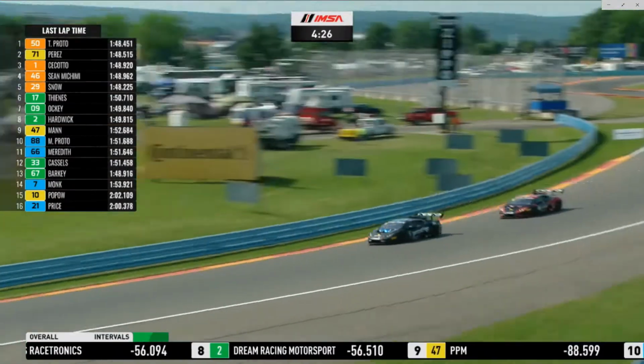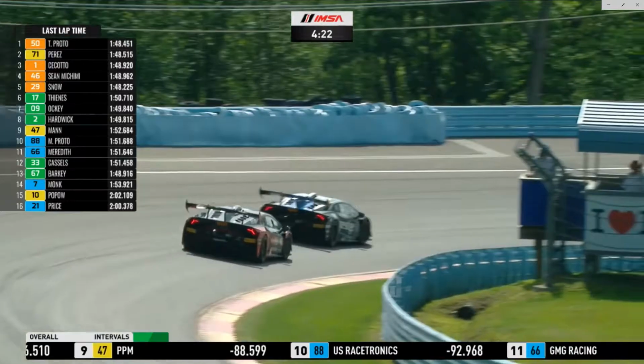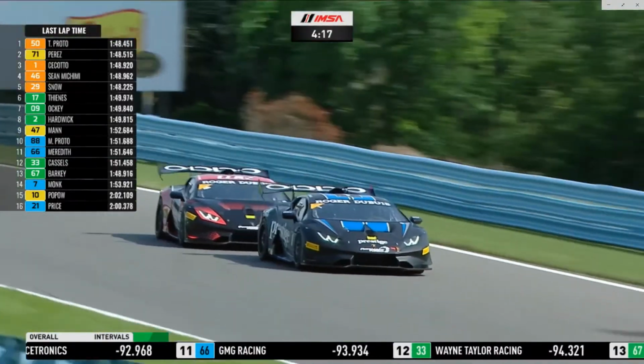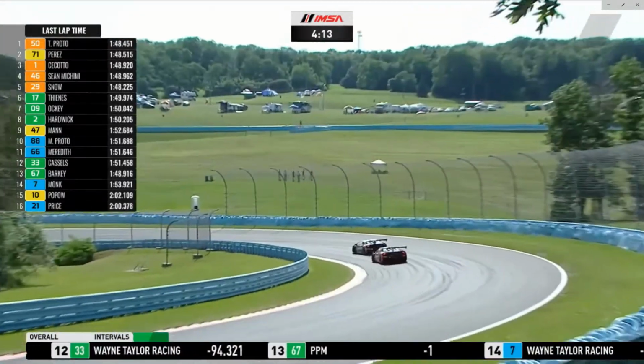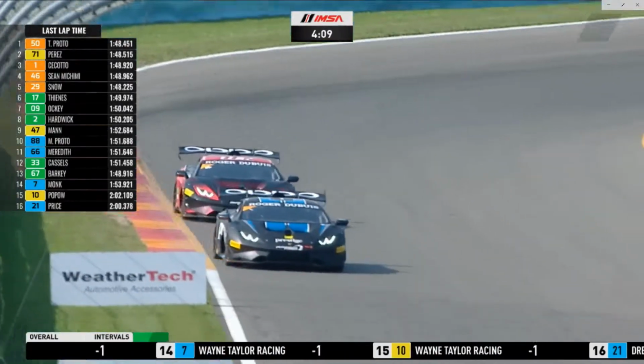So he's doing exactly what he should do at this stage, driving absolutely beautifully, nice, pretty consistently and fast enough so that there's no way past yet for Mishimi. But he's having to defend down there into the ankle, isn't he? Yes,